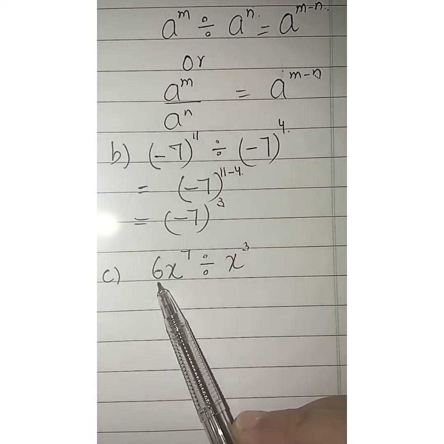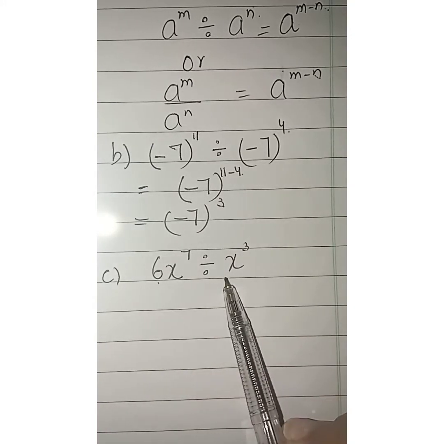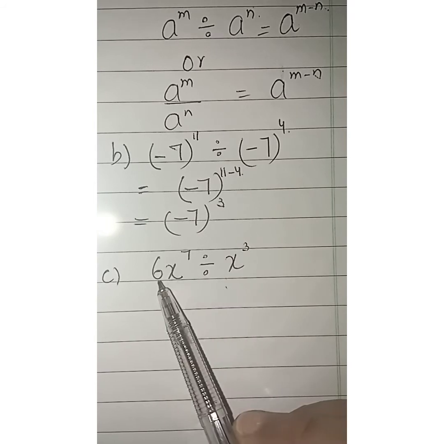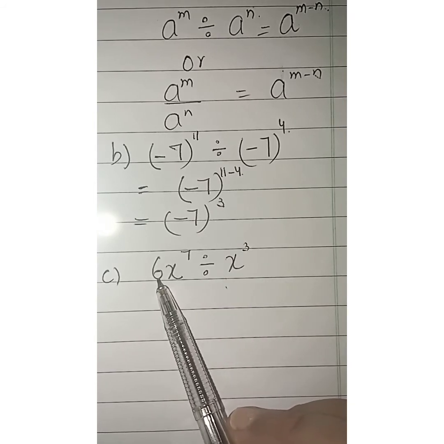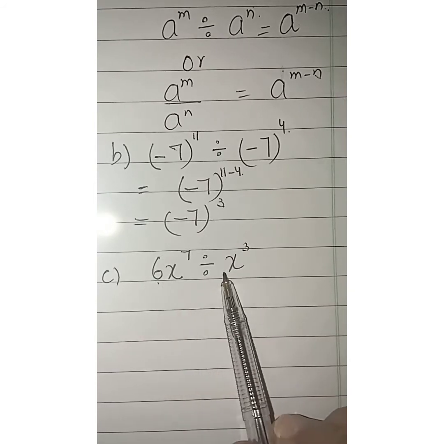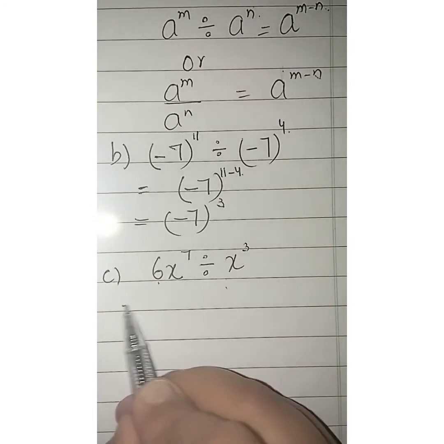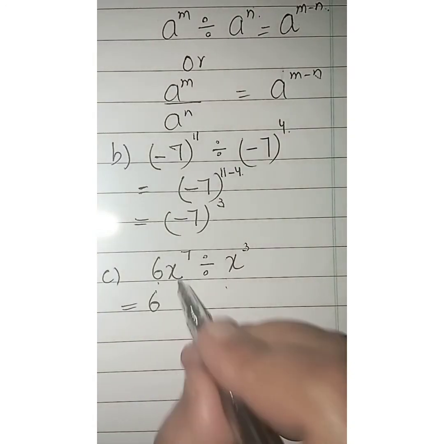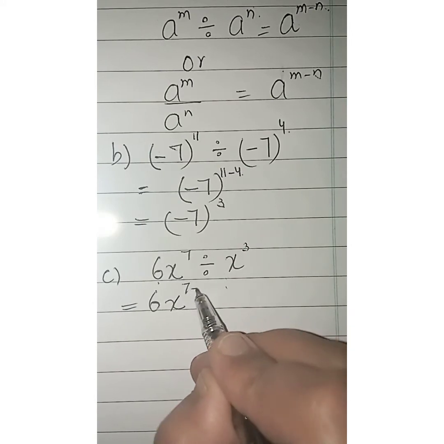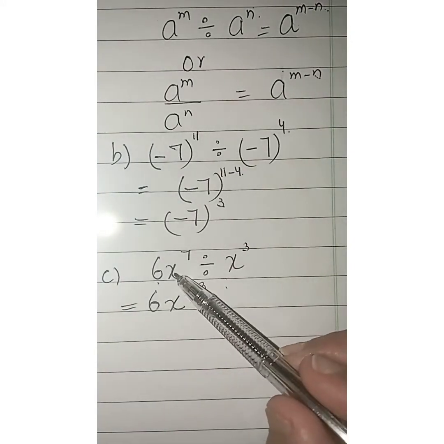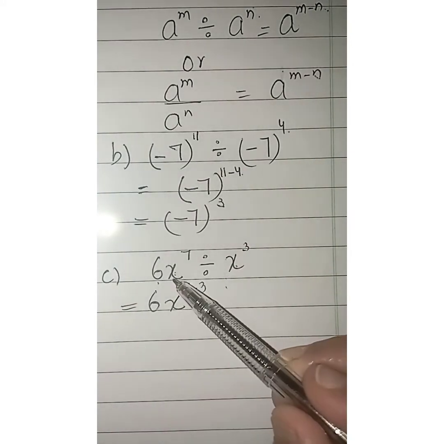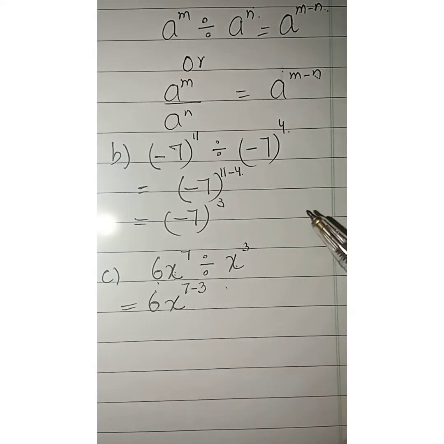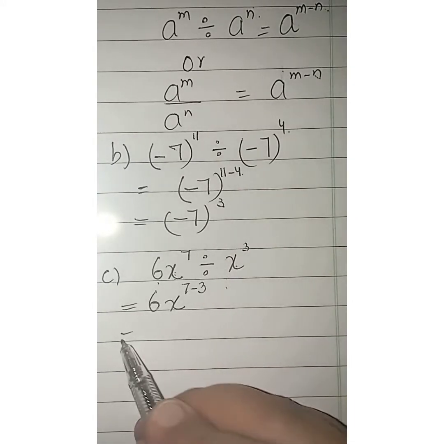Again, we can see that this has a coefficient and this x cube has nothing. So we know that we are not supposed to divide 6 by any number. So we can say that 6 divided by 1 is exactly 6, so we will write 6 as it is. And then x power 7 minus 3, because we are dividing the same variable with the same index rule, and then we will get 6x